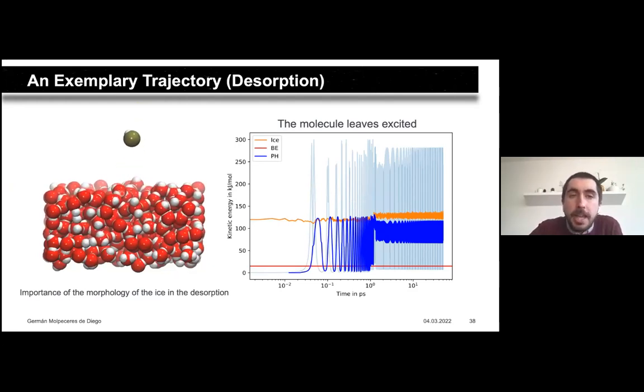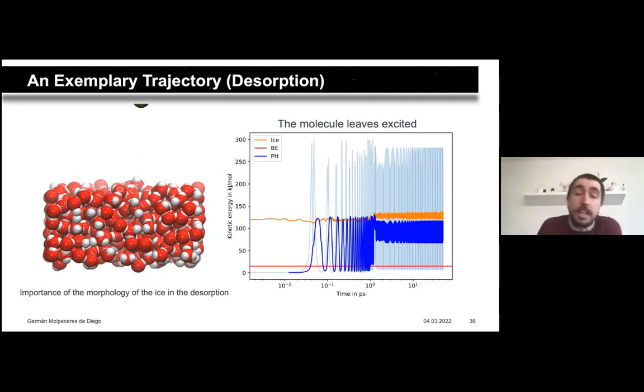We have uncovered the mechanism in this particular case for chemical desorption, and it is the interaction of the hydrogen atom with another hydrogen atom on the surface, implying that the more hydrogen atoms on the surface there are, the more effective the chemical desorption event is, highlighting the importance of the morphology of the ice in the desorption, or the amount of hydrogen atoms that are readily available for this kind of interaction.